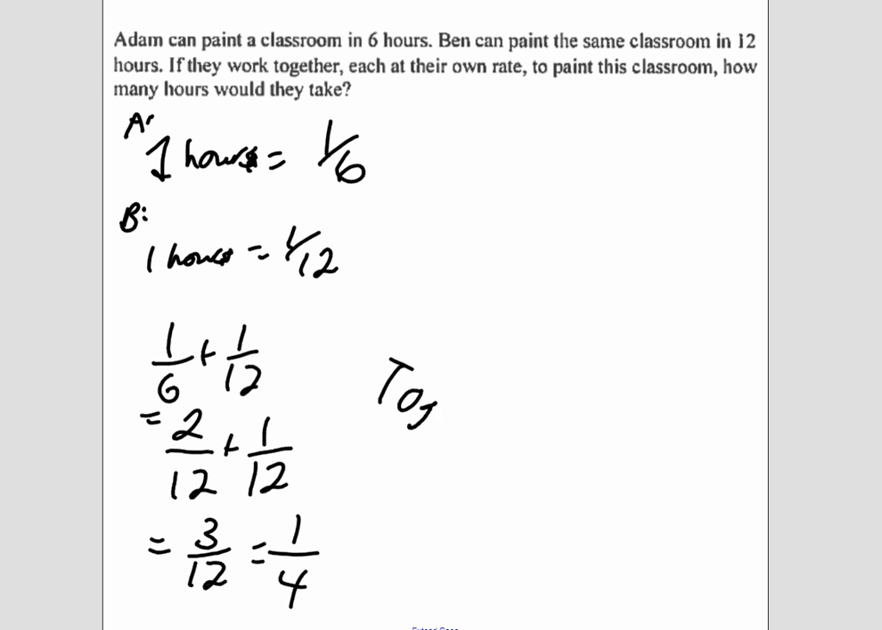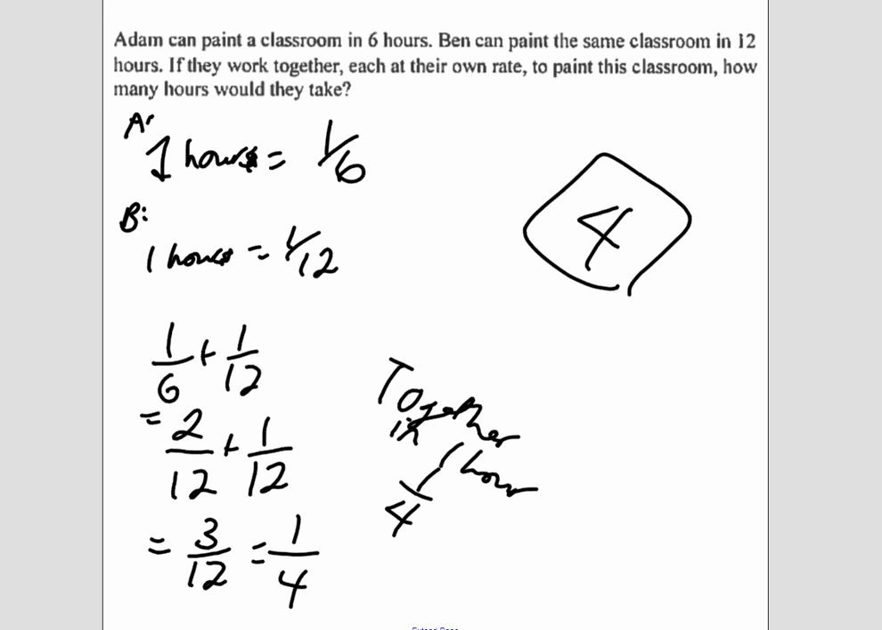So together in 1 hour, they can do 1/4 of the classroom. So then how long do you think it would take them to do the entire classroom? If 1 hour is 1/4, then 2 hours would be 2/4, and 3 hours would be 3/4, and 4 hours would be 4/4, which is the entire classroom. So the answer to that, together, it will take them 4 hours to paint the